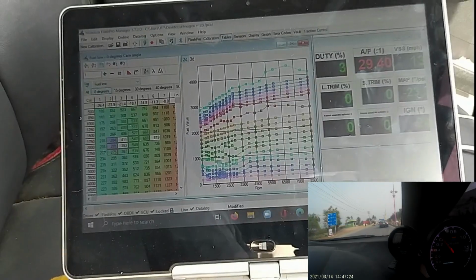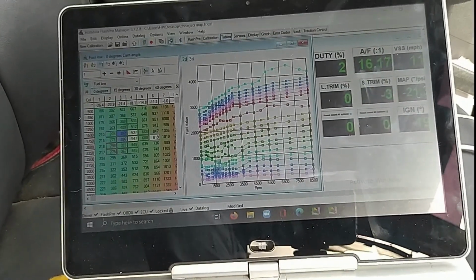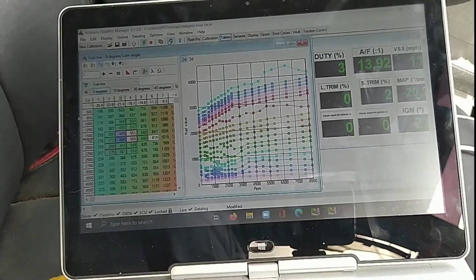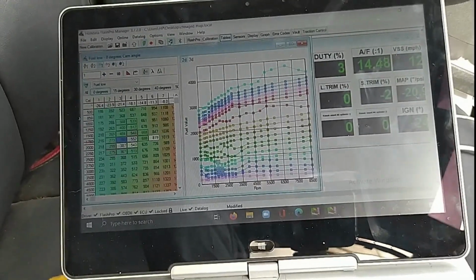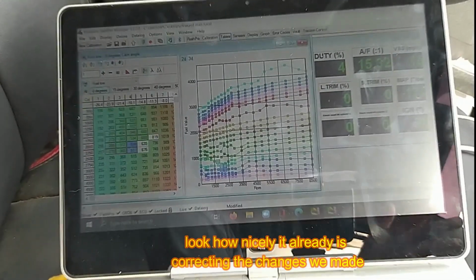Another tip, you need to avoid jerky driving. Just smooth it out. Slow RPM increase, slow RPM decrease. Cover all the RPMs: high gear, low RPM, low gear, high RPM, etc.